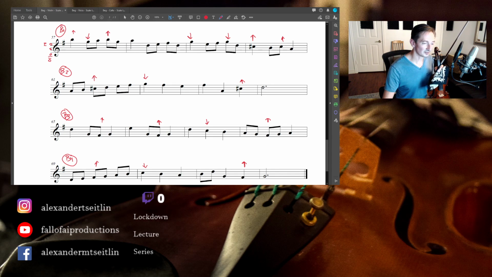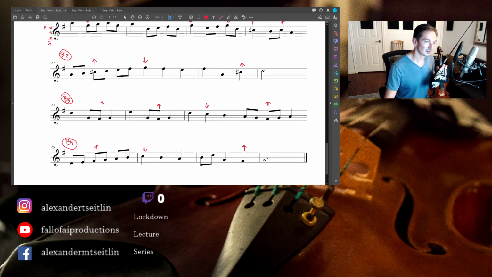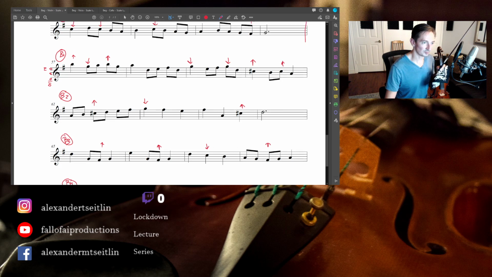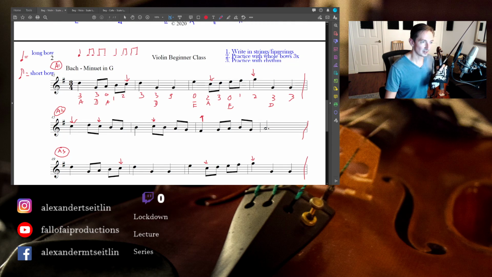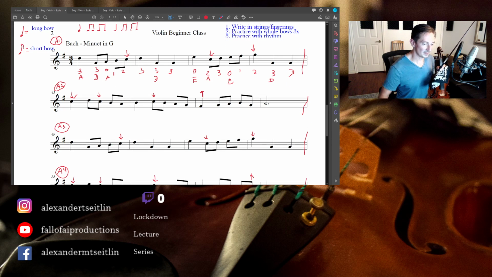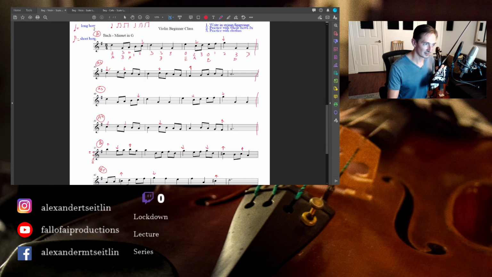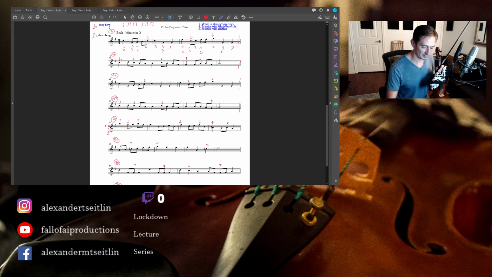But if you guys have done all this, you have gone from first time touching your instrument to now playing your first ever classical piece. And this is a long classical piece. It's an entire page long. So all that said, now I will play through the entire piece, and then I also have one more bonus thing to share with you guys right after that. So I'm going to play through the Bach Minuet in G,